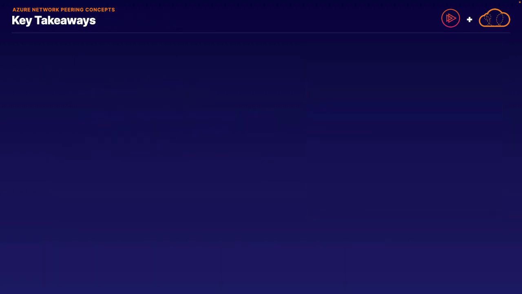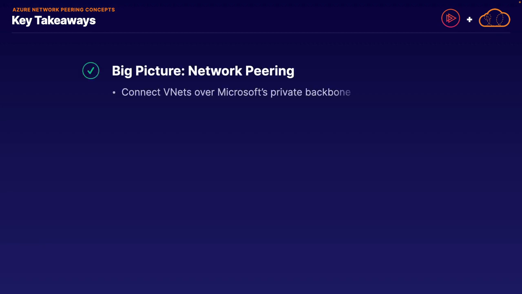There is a lot more details to talk about. However, let's quickly review our key takeaways before we move on. We started off with a big picture of network peering, in which we learned how network peering will connect multiple virtual networks specifically over Microsoft's private backbone, which gives you the ability to, among other benefits, extend your private networking across Microsoft Azure regions. We then compared peering versus VPN, which both connect virtual networks, although some key differences is